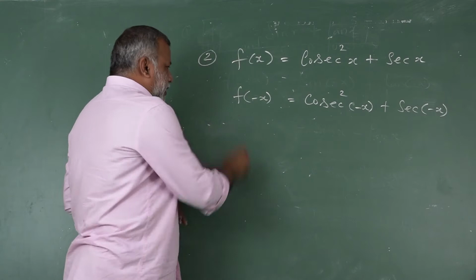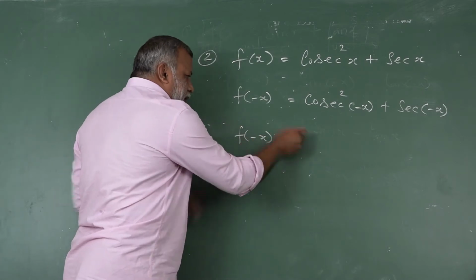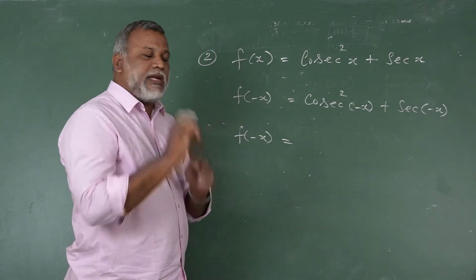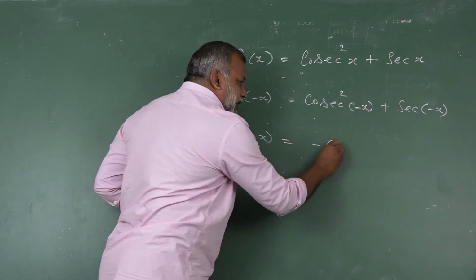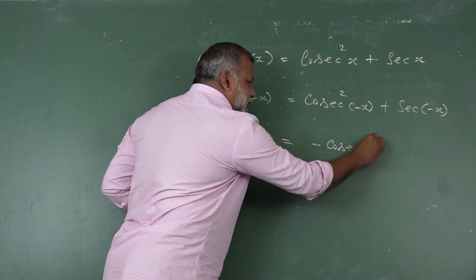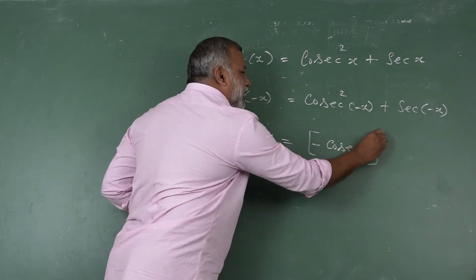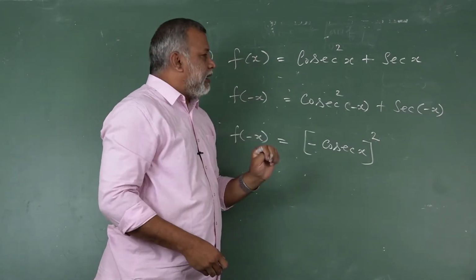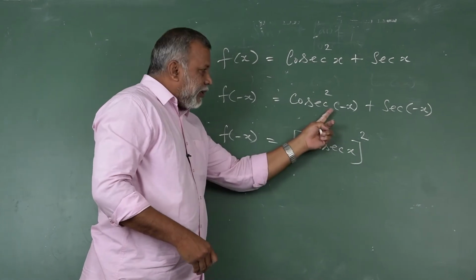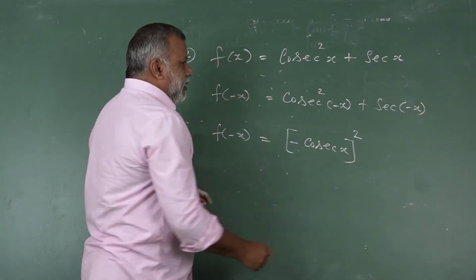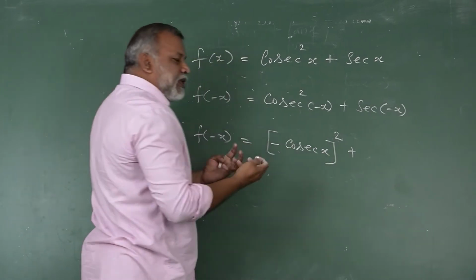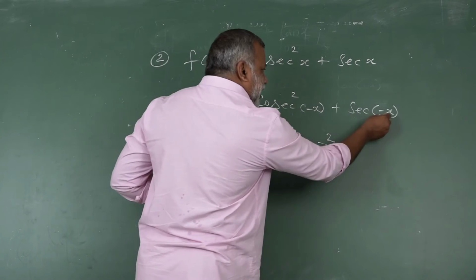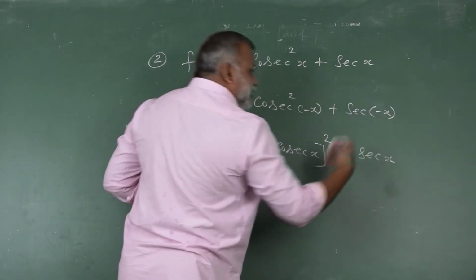Now listen carefully. For f of minus x, there is no problem on the LHS. On the RHS side, cosecant emits the negative. Therefore, write it like this: cosecant x, but here we have the square, so cosecant squared is nothing but cosecant x the whole square. Cosecant emits the negative, it's an odd function. But secant absorbs the negative. Cos and secant are called even functions. It absorbs the negative. Therefore, secant of minus x becomes secant x.